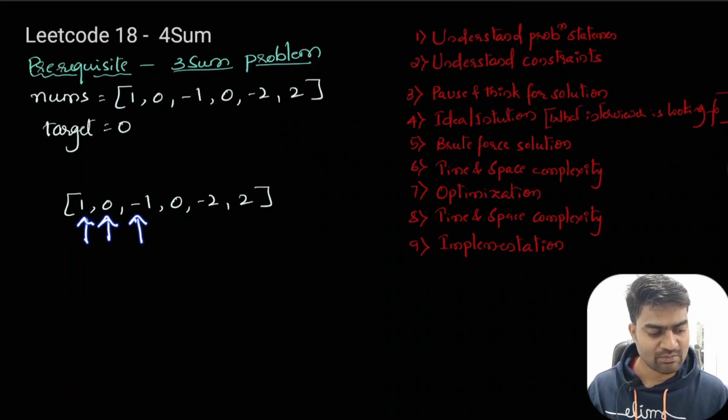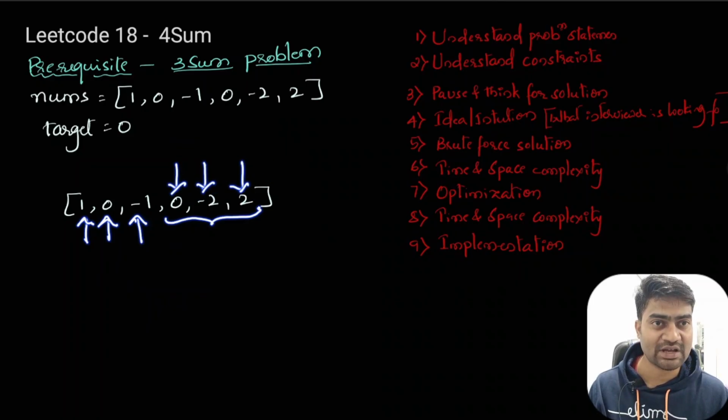Now for the fourth number, I can consider any one among the remaining numbers. So first I will take this number, then this number, then this number, and I will try to find the total sum. If any combination of four numbers gives us the target, I mean, I got my quadruplet, then I will sort it and save that in the quadruplet